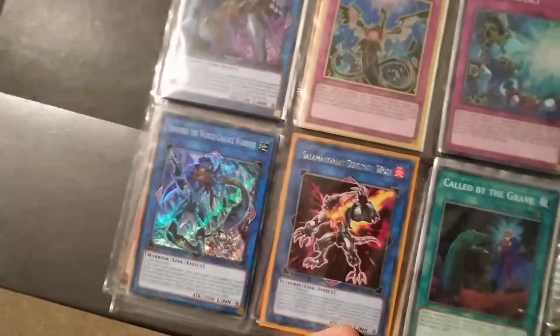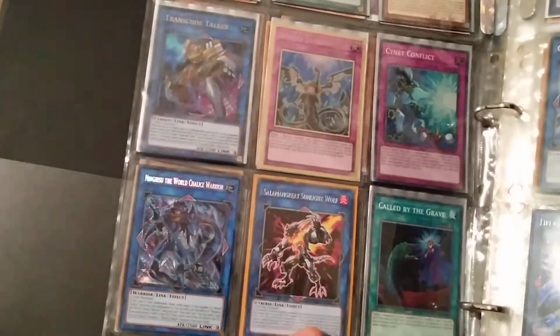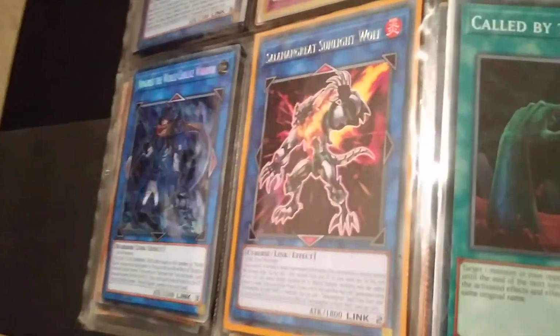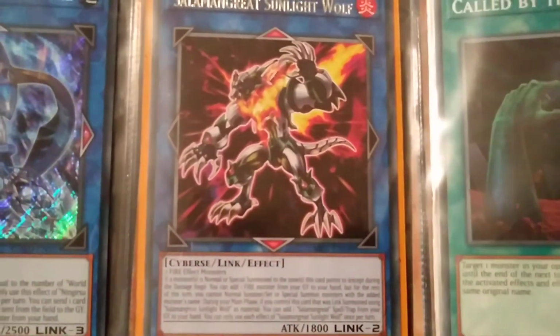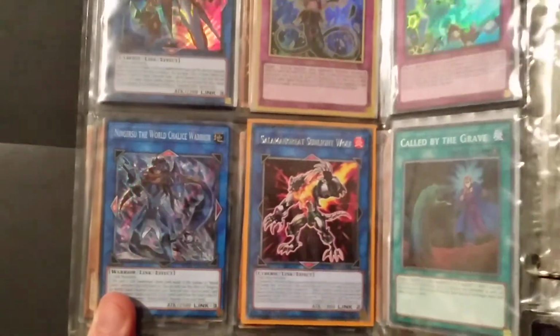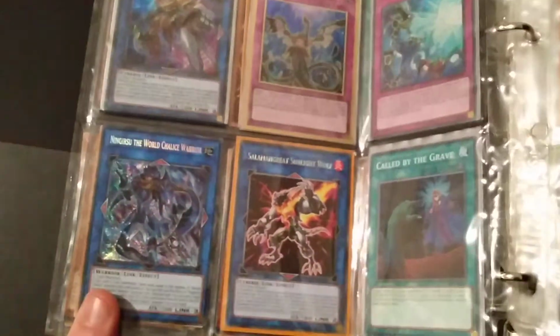And speaking of pack openings, Salamangreat Sunlight Wolf was a card that I pulled from... which set was it? I don't remember. Let's see if I can get it to focus. It's a bit hard holding this binder. SAST, I don't remember. Well, anyway, when I did pull it, I figured that I might as well build Salamangreat,